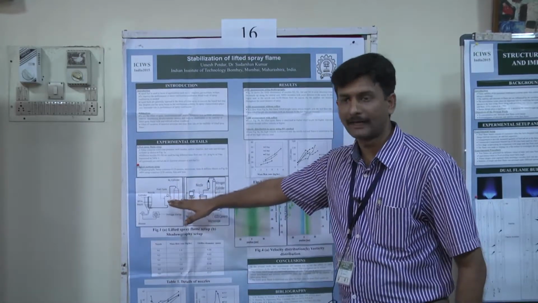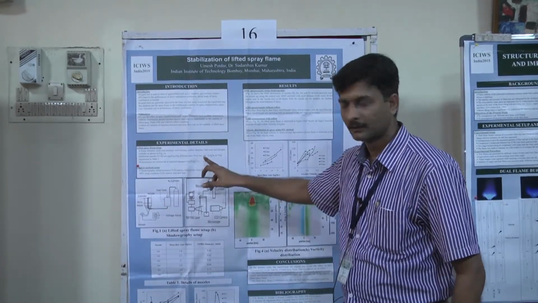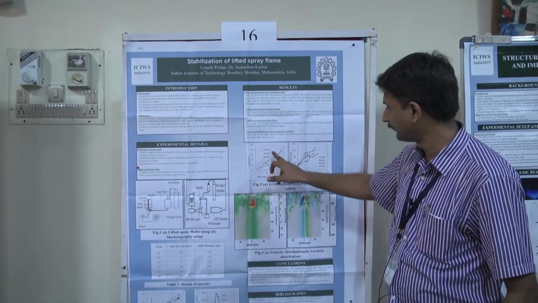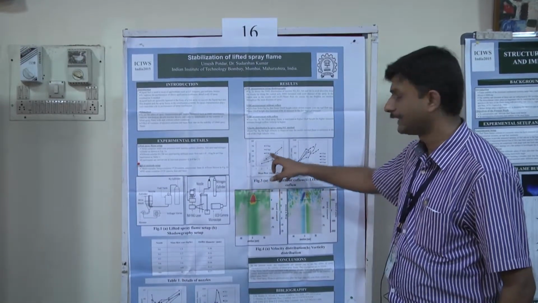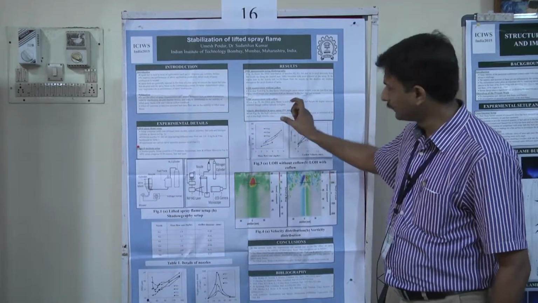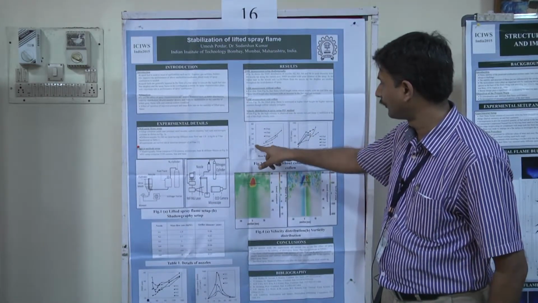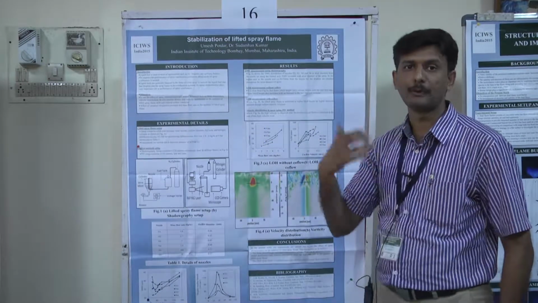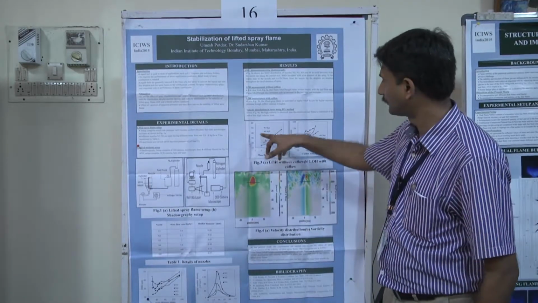We measure the lift off height in the range of 4 to 9 bar. So these are the results. In this, if you observe, your LOH increases linearly with the mass flow rate and the pressure. And your flame gets stabilized in the range of 20 to 35. So what are the various probable reasons for flame stabilization?